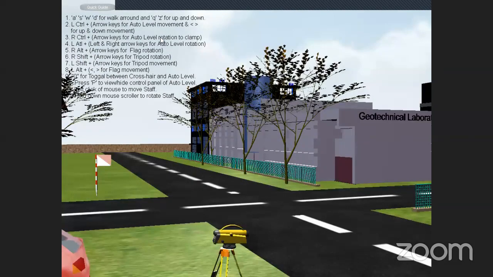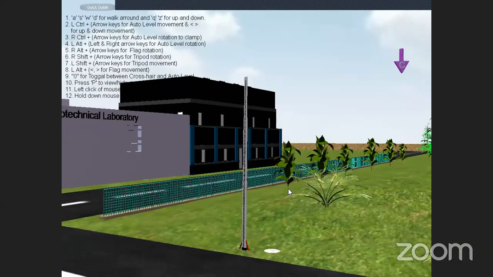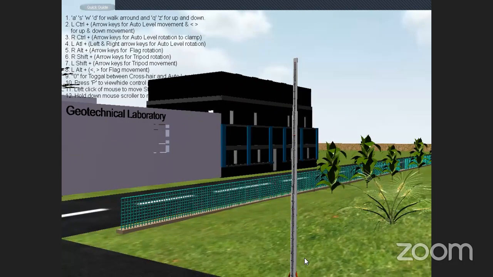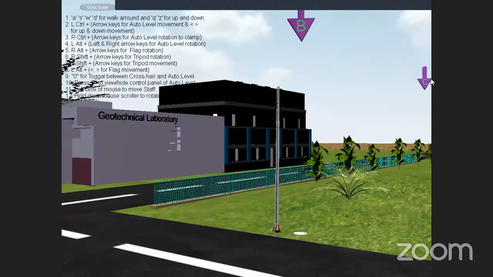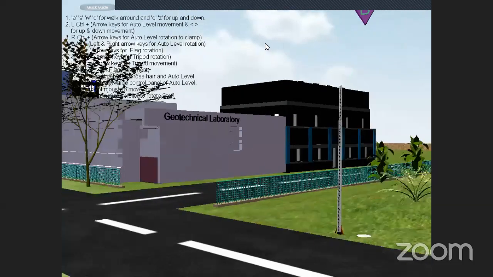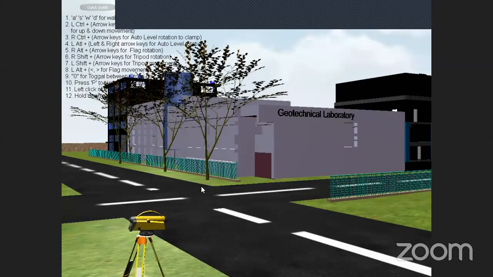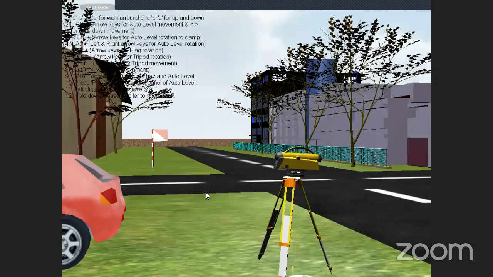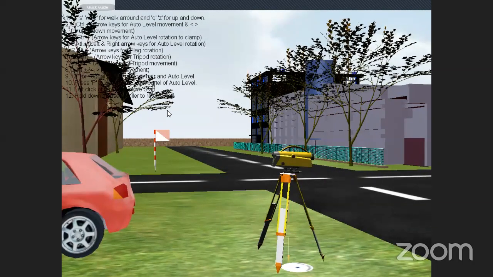I will show the staff position. See, this is the staff. This staff I have to keep on the benchmark. First, I need to find out where the benchmark is in the site. See, the instrument is given at a benchmark. The instrument position over here is given as a benchmark. I am going to zoom in on that benchmark. See, you can observe the benchmark, it is written. I am going to magnify this one.